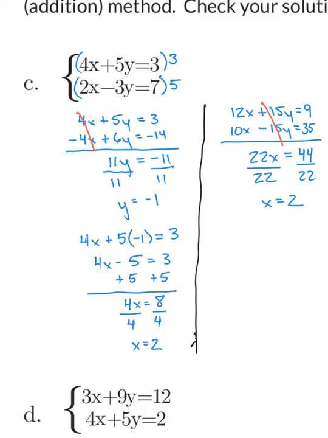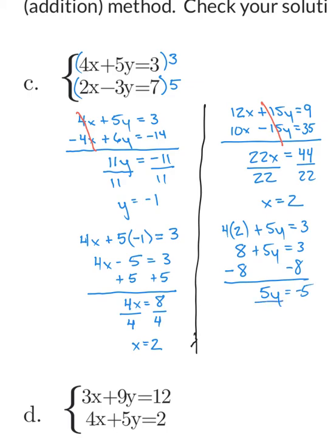Now from here, again, what we would do is plug this back into an original equation. So let's go with the top one again, because for me that one's a little bit easier. We get 4 times 2 plus 5y equals 3. 4 times 2 is 8 plus 5y equals 3. We can subtract 8 from both sides, giving me 5y equals -5, and we can divide by 5, giving us